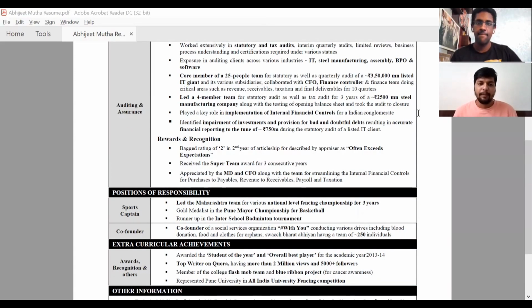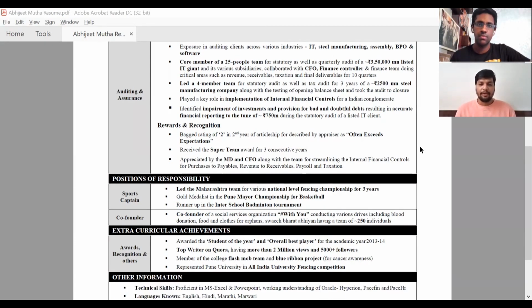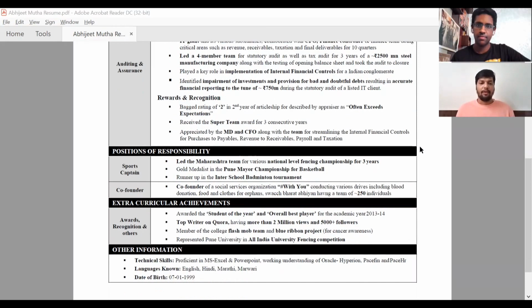Yeah, so apart from what you did, how you were recognized or rewarded by the team is also very important in a previous employment. So you can mention whatever awards you might have got, or whatever rating. There is a yearly rating. If it is above average, you can mention that you have got this kind of rating, or if you have got any awards, or